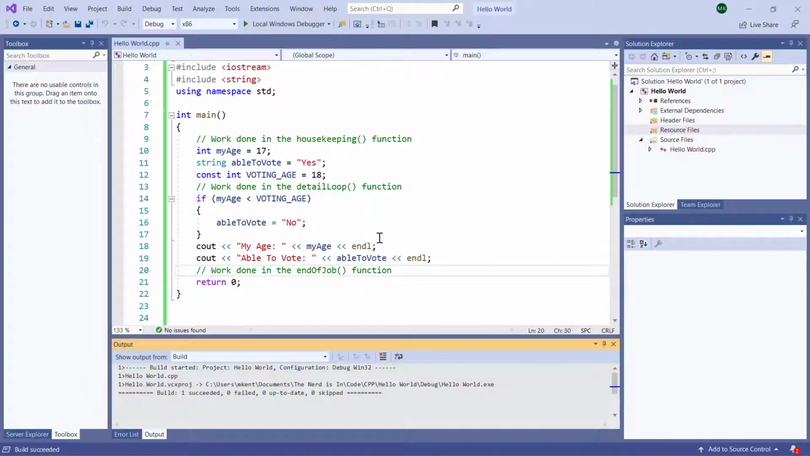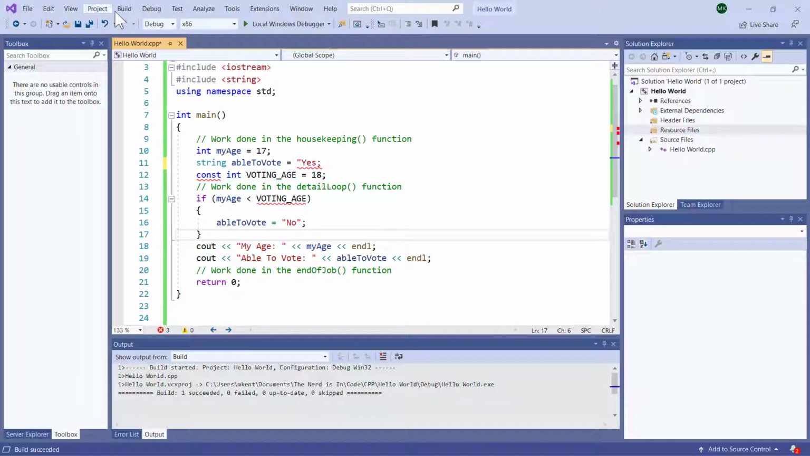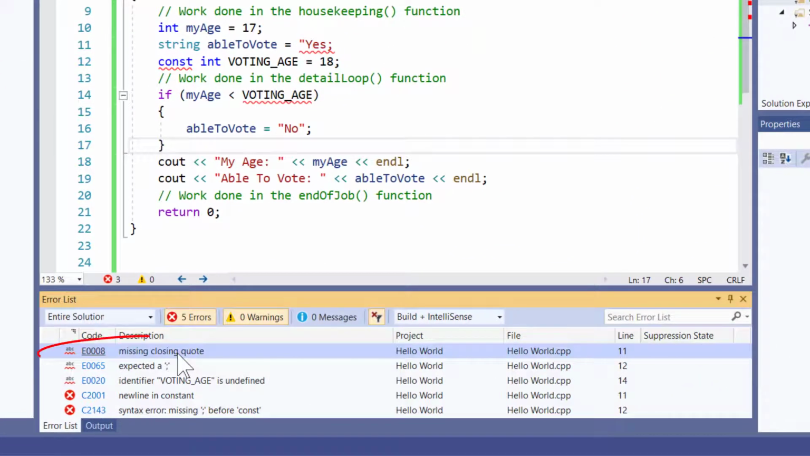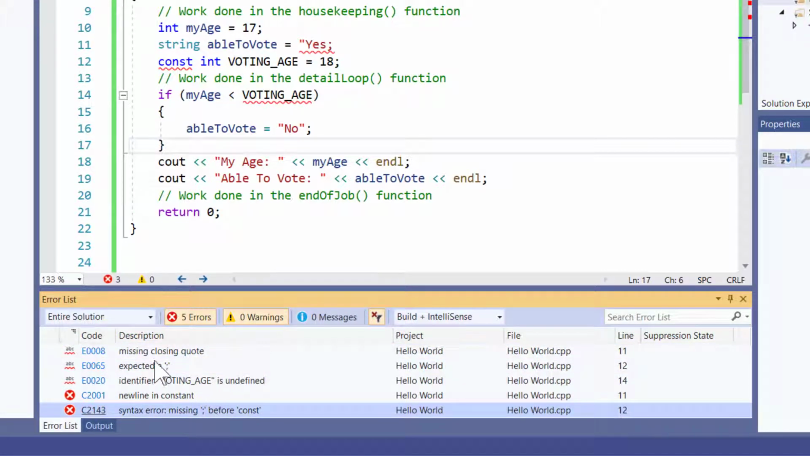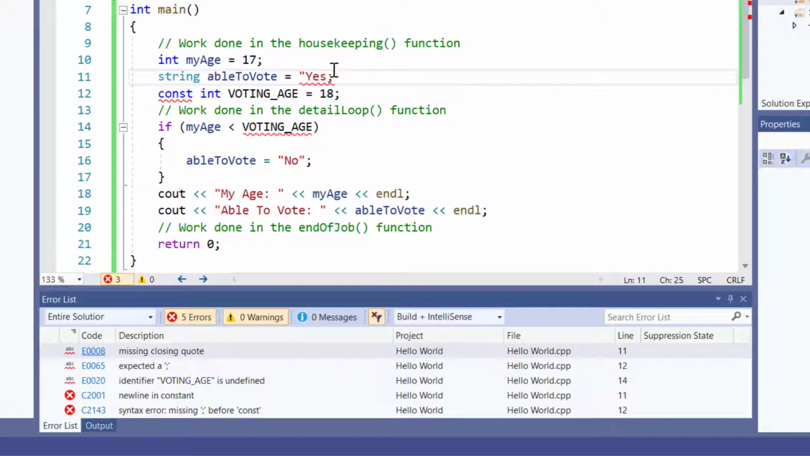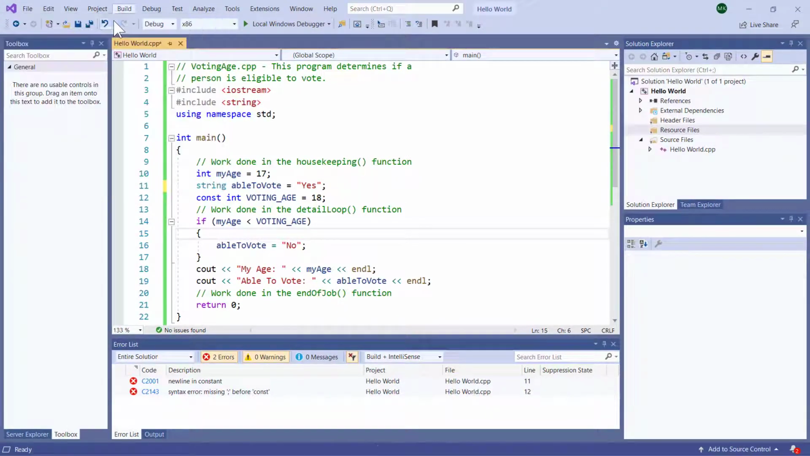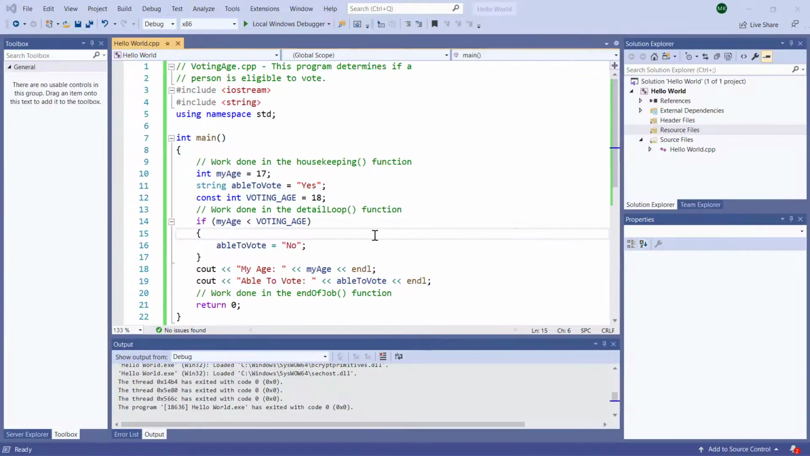Now, another common thing is you might leave off a close quote. So if I leave that off, I'm immediately going to get some errors. If I build solution, it says missing close quote, and you see how it's got a lot of cascading errors. These are all caused by that first error where I don't have the close quote. So fix what you can, rebuild your solution, and once it compiles,